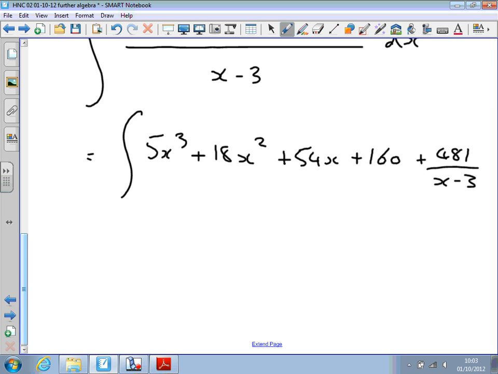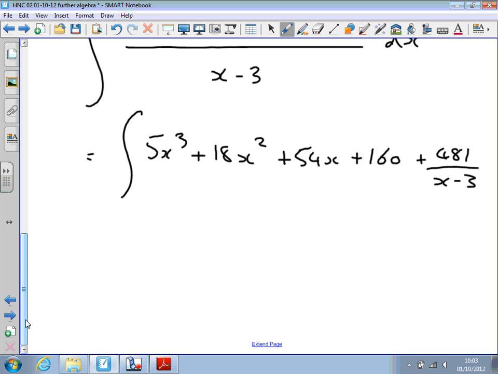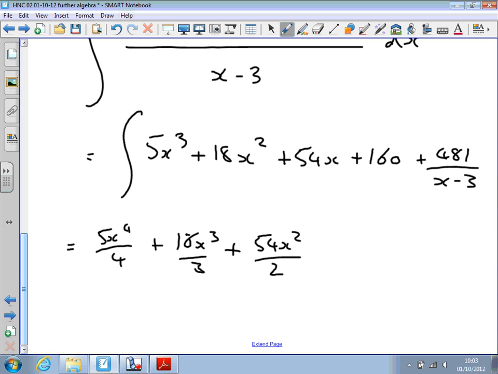Because if we're asked to integrate this, we rewrite it like that, which makes it a very easy integral. We just integrate each term in turn. The integral, yeah. So add 1 to the power, divide by the new power. 5x to the 4 over 4 plus add 1 to the power cubed, divide by 3, 18x cubed over 3 plus 54x squared over 2, which we can simplify,